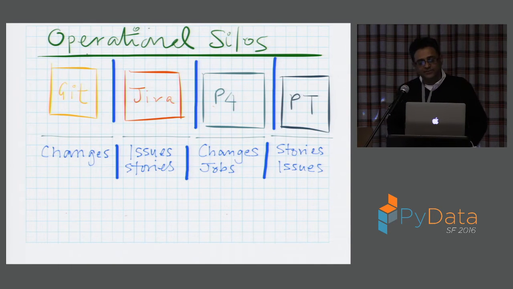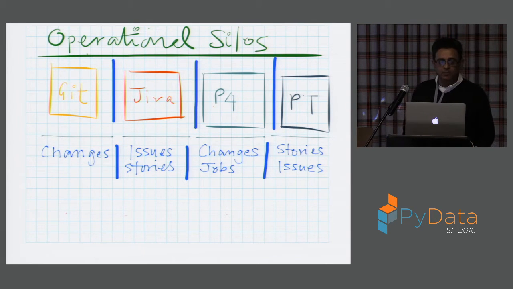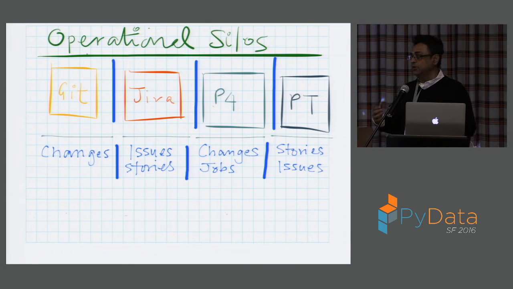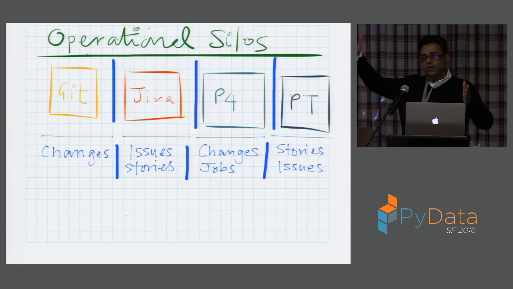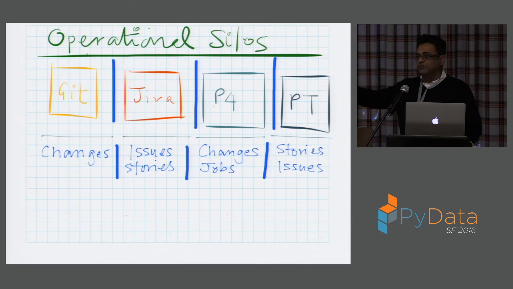So why is that? And this is one picture about why we can't have good things. These solid blue lines here suggest that there are some barriers in between these data stores. And so we have changes in one area. And if you use Git and Jira, then the first two apply to you. And if you use Perforce, with their job system, which is an ability to actually put tasks and your commits in the same data store, then you don't need any of these others. But what you're seeing here is that in your software development pipeline, you have various artifacts that are coming out. And the problem we have is that we can't correlate them in the data formats that we have today.